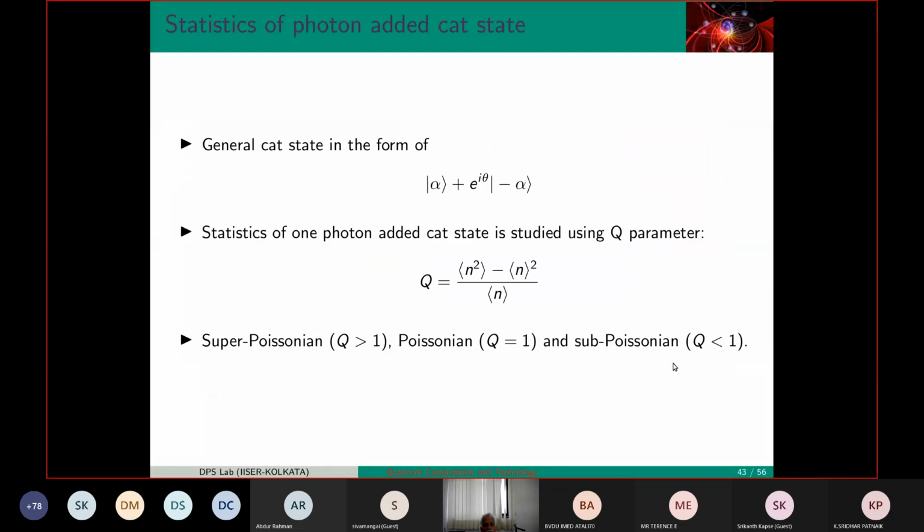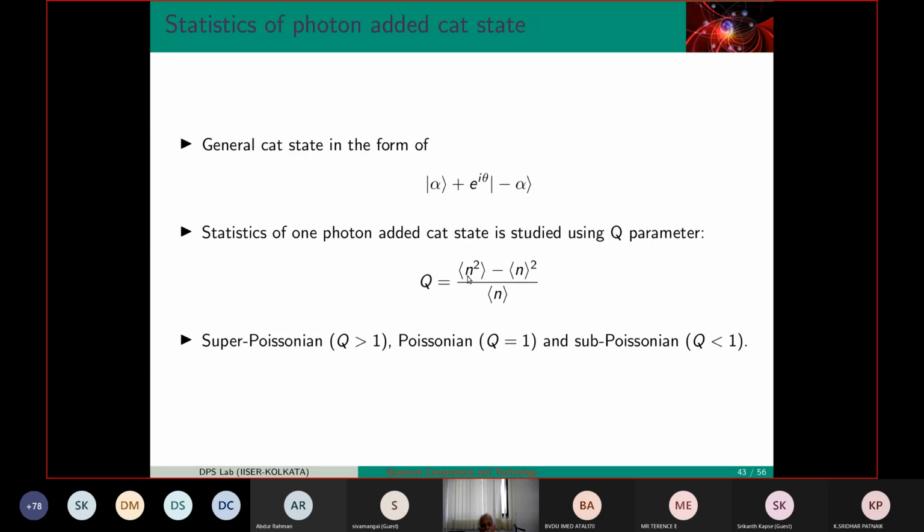Now, how to check something is quantum? There was a beautiful experiment in 1957 by Hanbury Brown and Twiss. They pointed out that the light which comes from a star is actually quantum. How did they check? They looked at the fluctuation. So you can actually estimate the size of the star, the size of the nucleus using this by looking at the number fluctuation. Amazing. Routinely used, HBT, Hanbury Brown and Twiss. That is how Sudarshan came into laser light, and that is how he showed that it is classical.